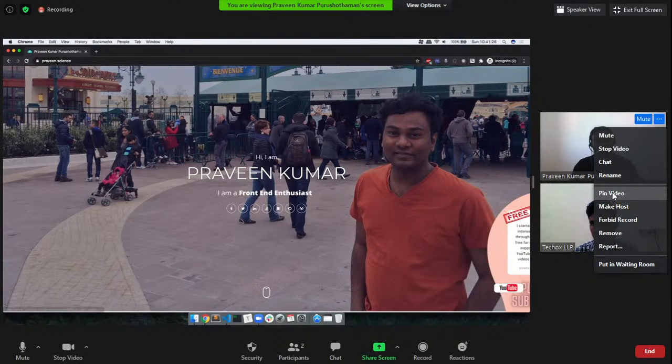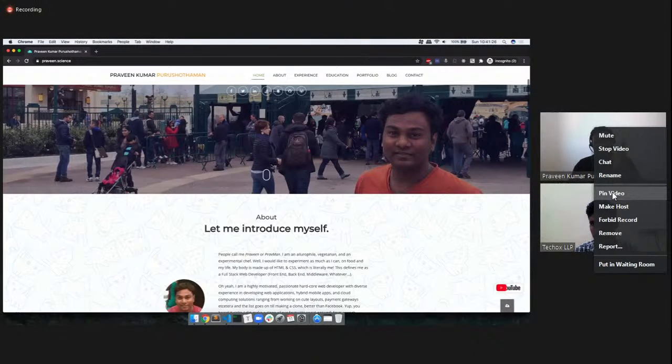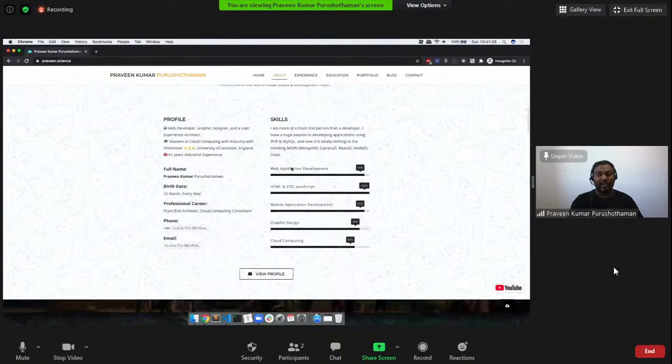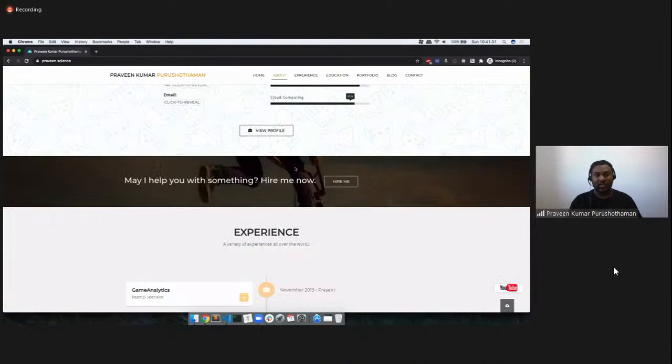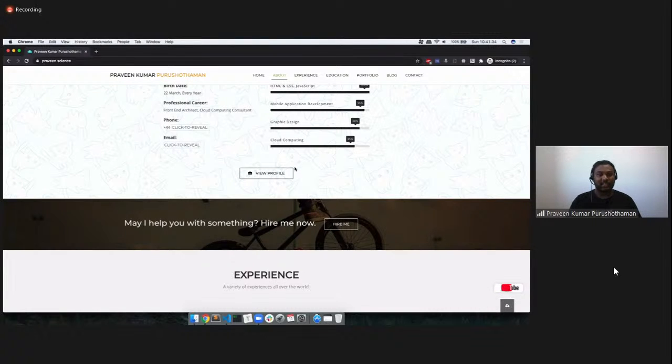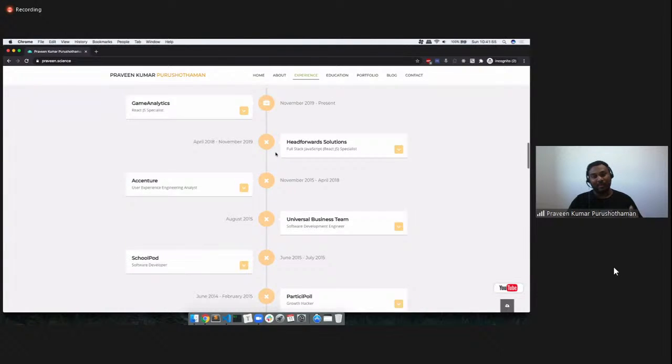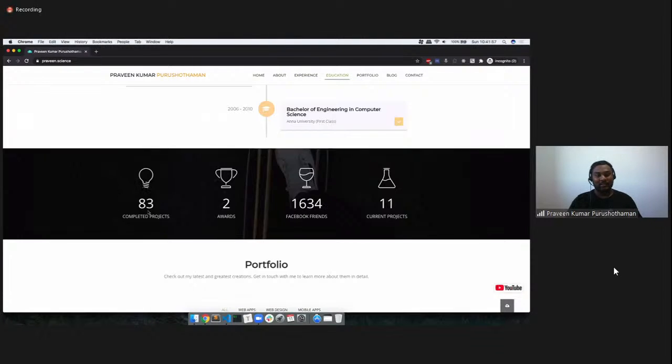Apart from that, there is a small introduction, a small profile, and a skill set. Whenever you go to any company, if the HR is asking you questions, instead of showing your CV, you can directly show this page or your website. That makes more sense, because if you are a web developer and you show your website as a product of yours, it becomes more of a hitting factor for them, right? So I have my experience, my education, some made up